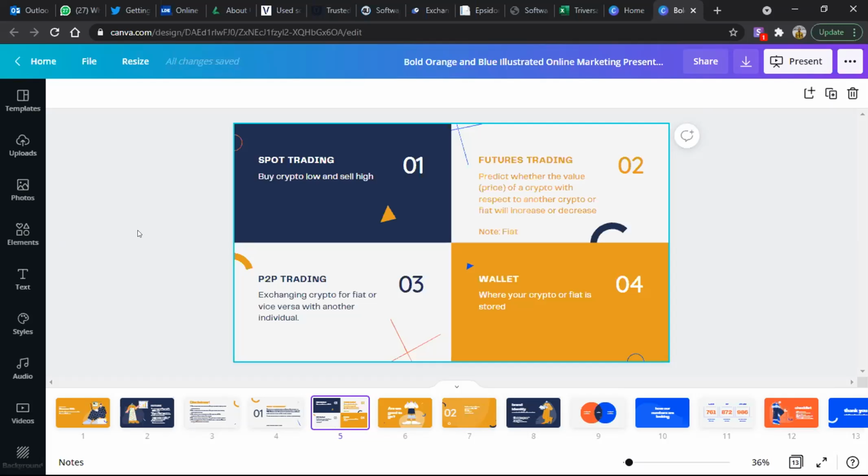So basically what happens in P2P trading is another kind of trading, but it's basically trying to fund your wallet. So what happens is that I have Bitcoin and I want US dollar. Okay, I give you Bitcoin, you give me US dollar. Okay, I have Nigerian Naira, even in my bank account, and you have USDT, which is what we use to buy cryptocurrencies. I send you money and you send me USDT to my Binance wallet. That's what P2P is. Most of what we use to buy crypto on the Binance platform is USDT because it's more stable than the Nigerian Naira.